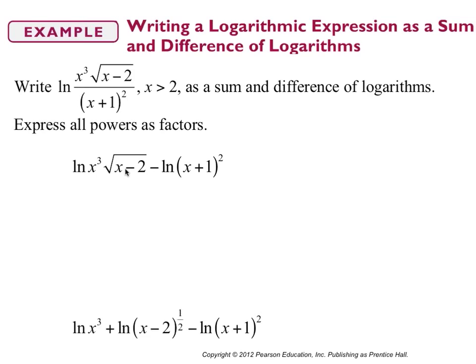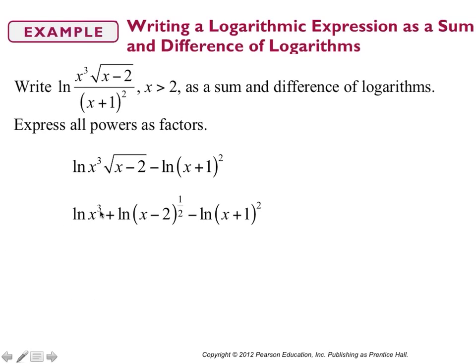So hopefully you are able to split this up. This should be ln of x cubed plus ln of x minus 2 to the 1/2 power. So the other thing that they've done in this step is they've taken the square root, and instead of writing it as the square root, they've written it as the 1/2 power. These two things are equivalent, but this one's a little nicer because now it has a power